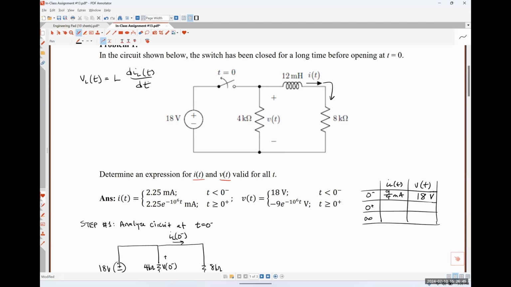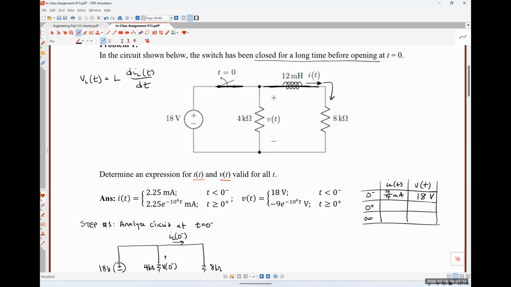So at t is equal to 0 minus, that's when our switch was closed for a long time before opening at t is equal to 0. So in our original circuit, that switch has been closed, or just a short circuit, for a very, very long time. So what we're looking at is essentially a DC circuit where our inductor is treated as if it were a